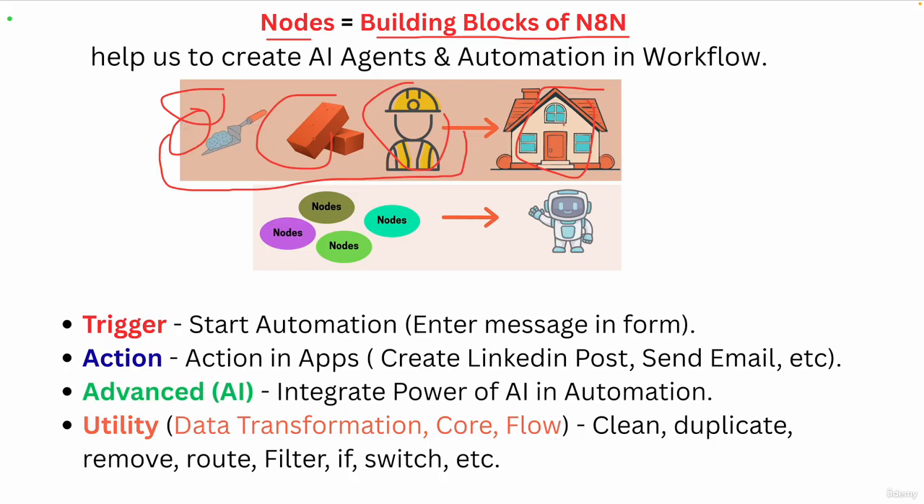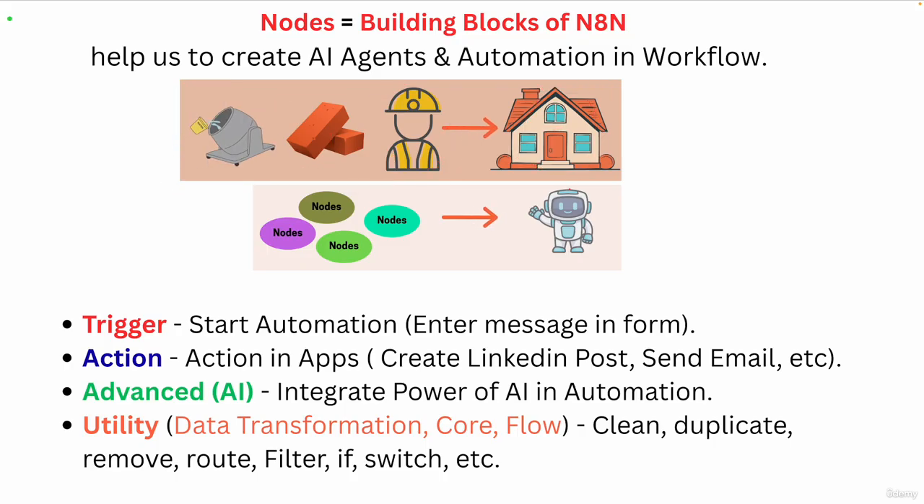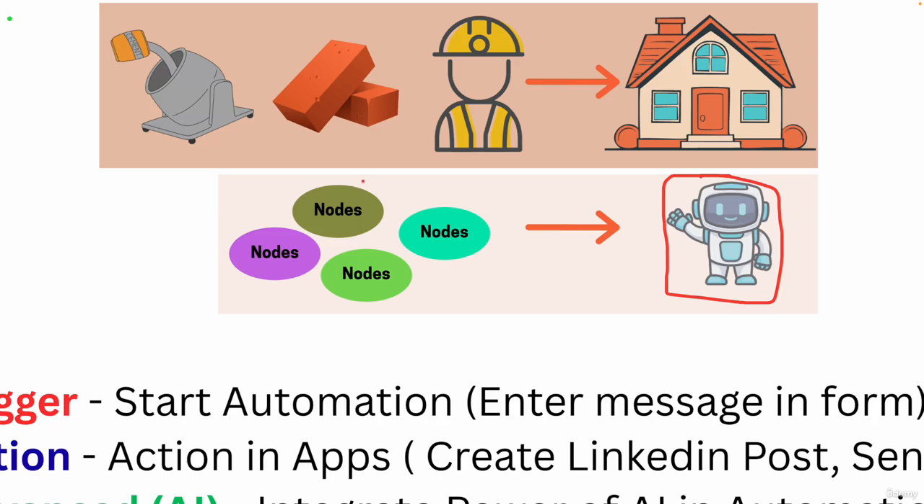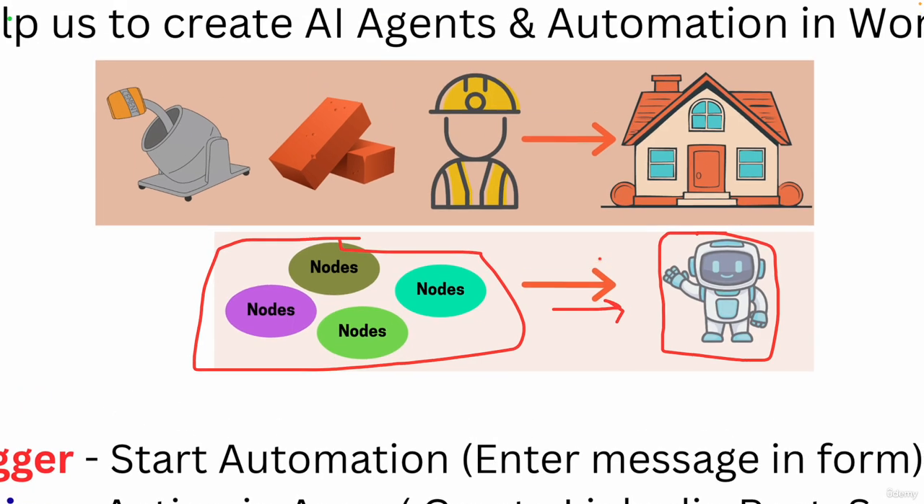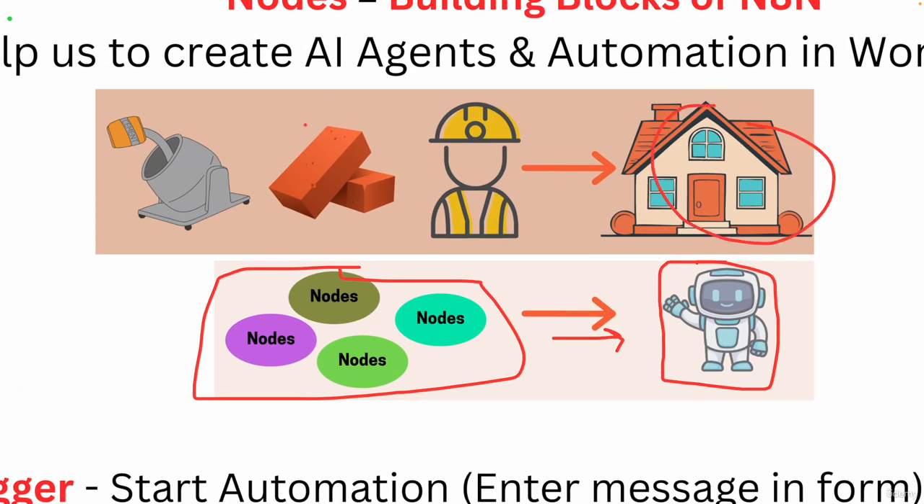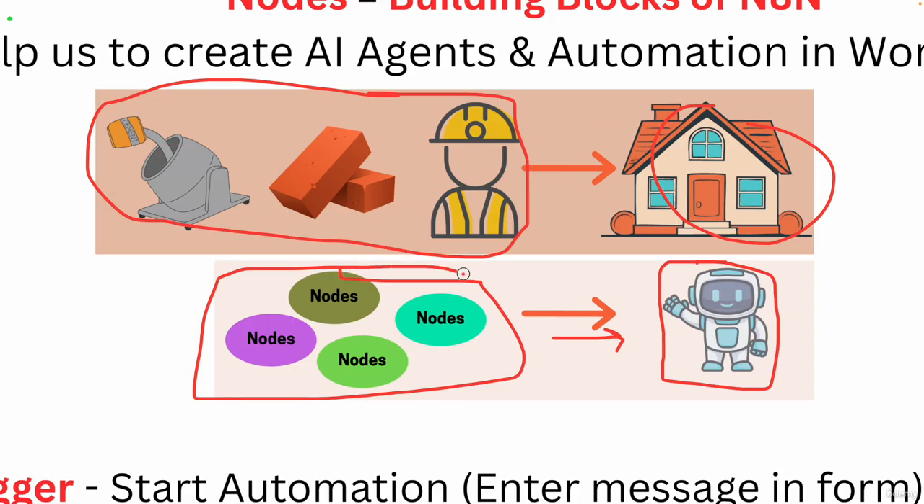Awesome. So similarly, when we talk about, let's say, building our AI agent and automation, a robot, we require different nodes. These different nodes together combine to help you build a robot. Like to build a house, we require all these elements that work together, similarly there are plenty of different types of nodes. They work together to build an AI agent and